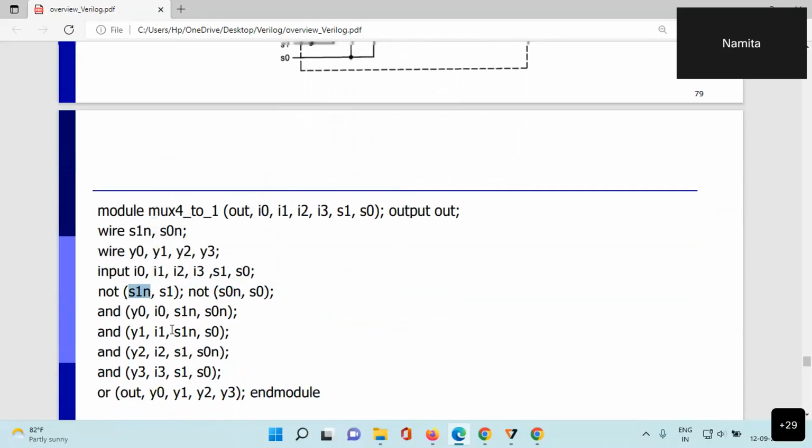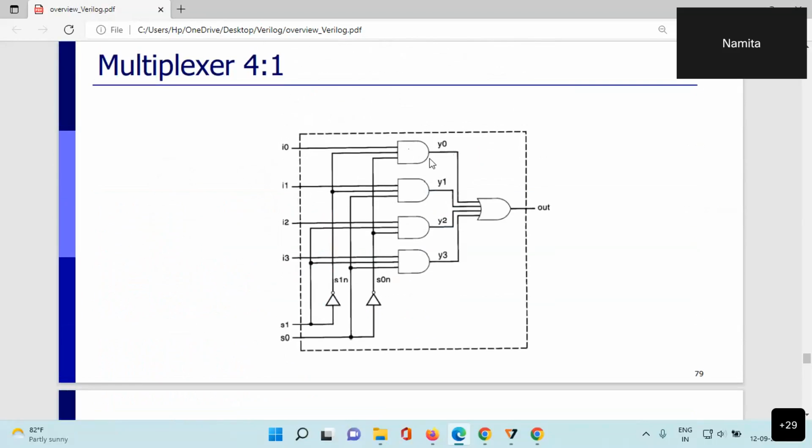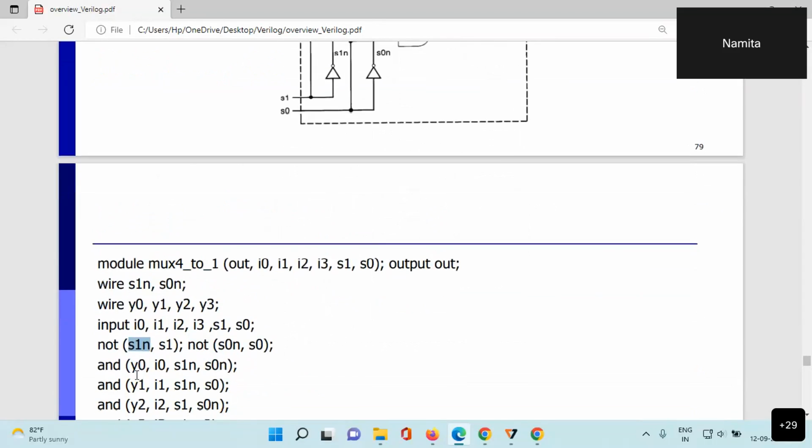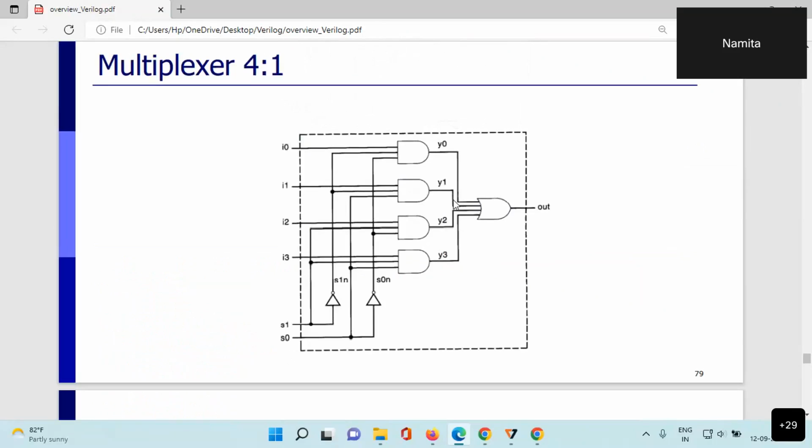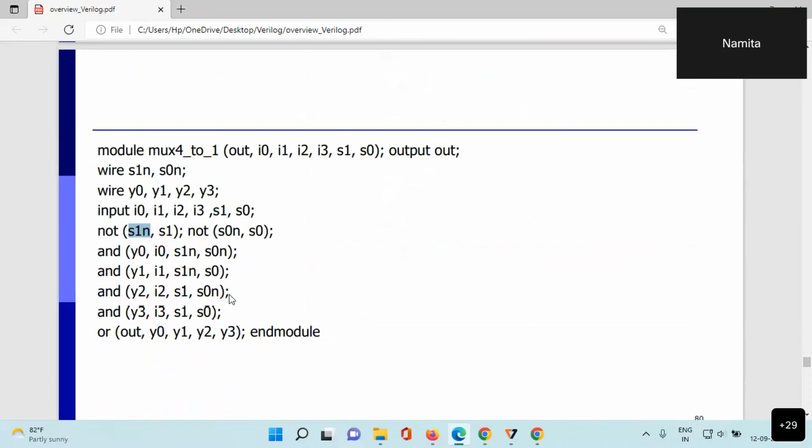Then we call one AND gate. So here the output is Y0, inputs I0, S1 not, S0N. So it is Y0, I0, S1 not, S0 not. Then we call Y1, so we'll call one more AND gate. Here it will be I1, then we have S1 not and S0. Similarly, we will call one more Y2, Y3,